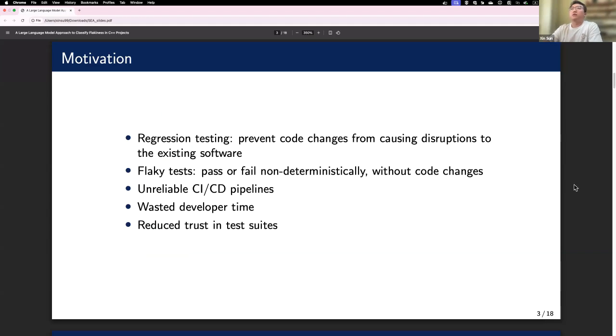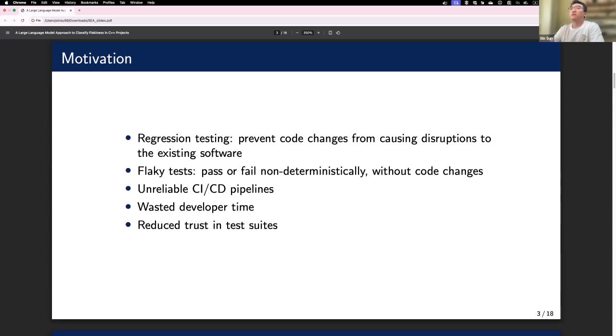So let's start with motivation. In software development, regression testing is a very crucial activity. Whenever developers introduce new code to a project or a software system, regression testing helps to ensure these changes do not disrupt existing functionality.